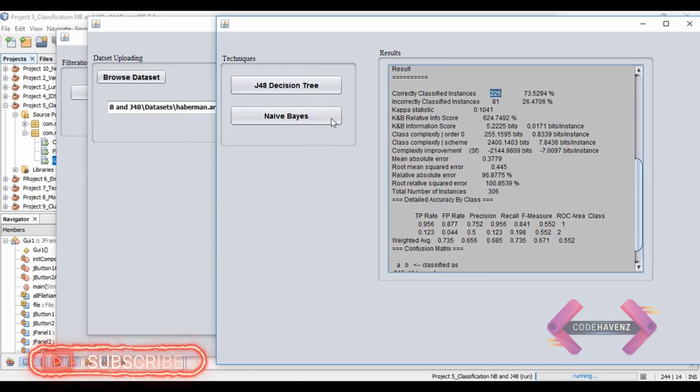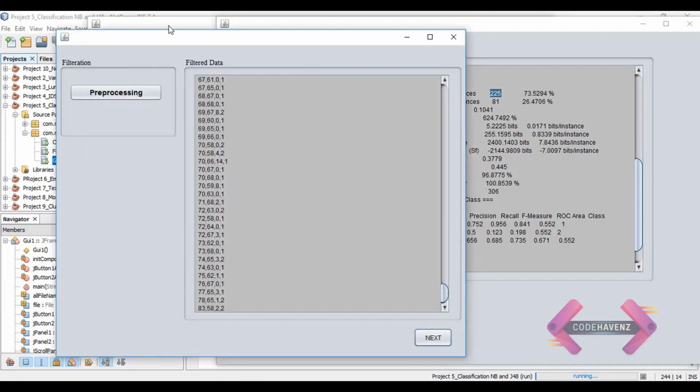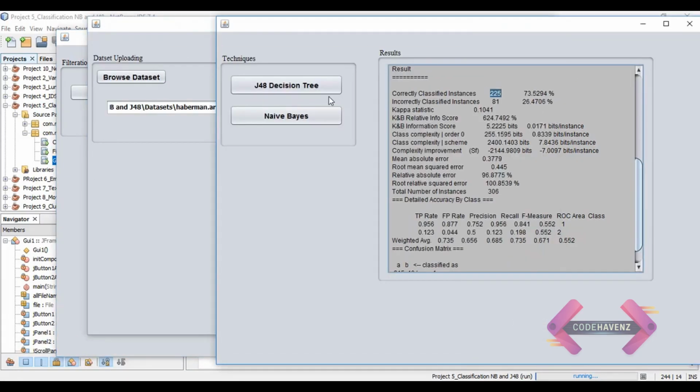Also, the accuracy of the classification algorithms varies with the dataset. Like I have used the Haberman dataset, and in this case the decision tree accuracy is less compared to naive-Bayes. For some other dataset, the decision tree algorithm may have good accuracy.